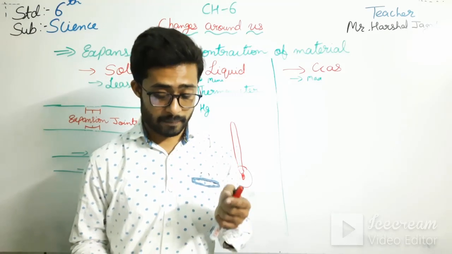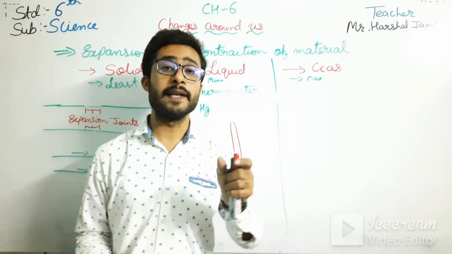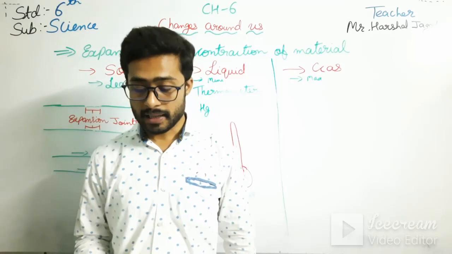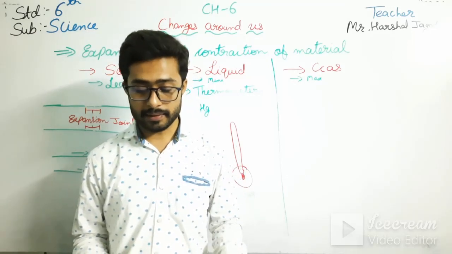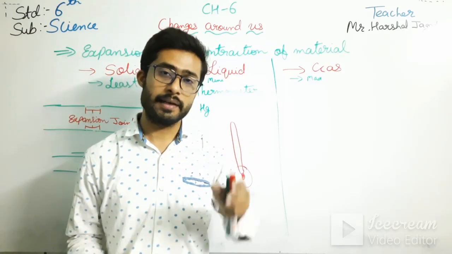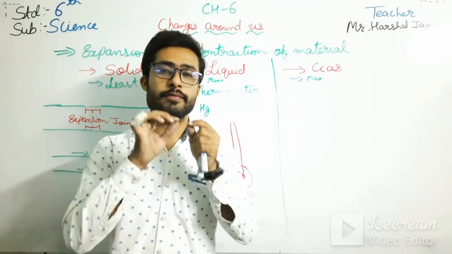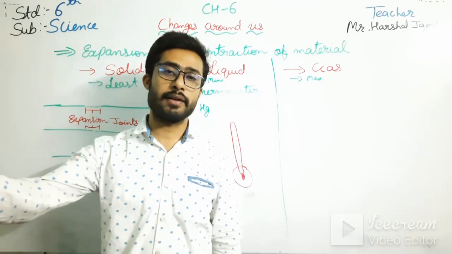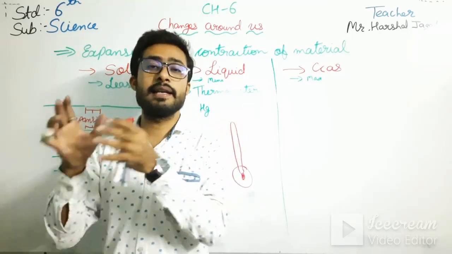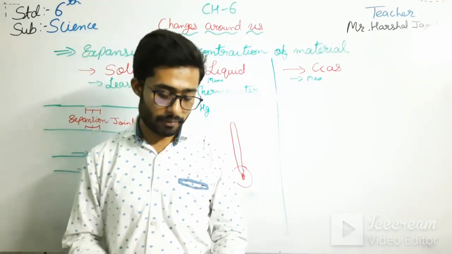So here, expansion in gases. Air expands on heating. An inflated balloon kept in the sun will grow in size because the air inside it will expand. If you take a balloon, fill air in it and keep it in front of the sun, then it will expand. Why? Because the air inside it will expand due to the heat. Okay students, now moving forward,